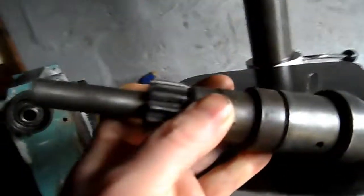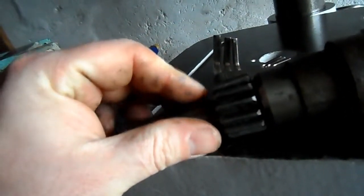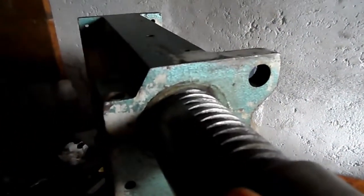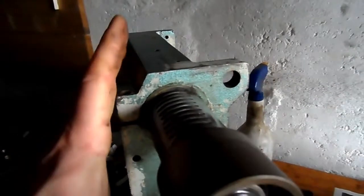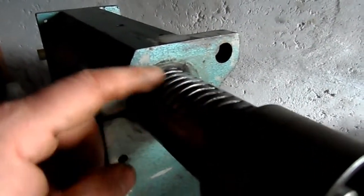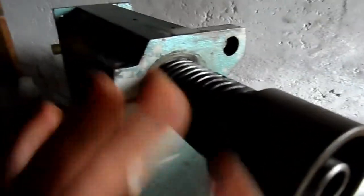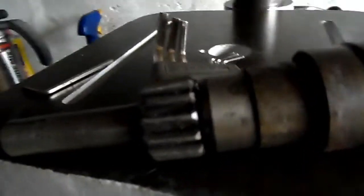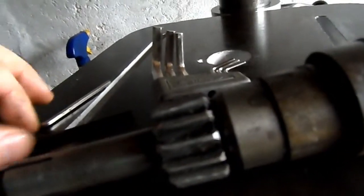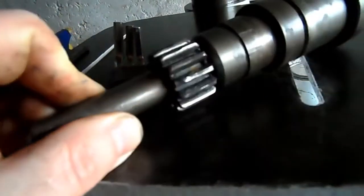The actual gear itself, which drives the outer sleeve of the spindle, I noticed that the teeth were just choked with dirt and grime, and I've given them a quick clean, but it's going to require some further cleaning yet, and I'd really like to strip the whole thing out and clean everything. These teeth are also similarly blocked with crud, and I've scraped some of it away, but there is